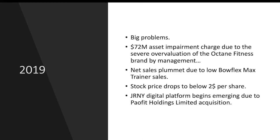Another problem was that their net sales plummeted due to very low demand for the Bowflex Max Trainer and even other products. Just the Bowflex Max Trainer stuck out the most. Their stock price dropped all the way down to below $2 per share. The only good that could be seen in 2019 was their JRNY digital platform beginning to emerge,